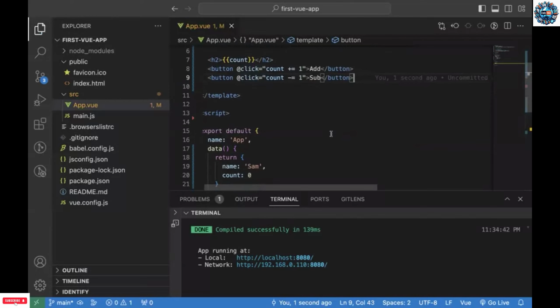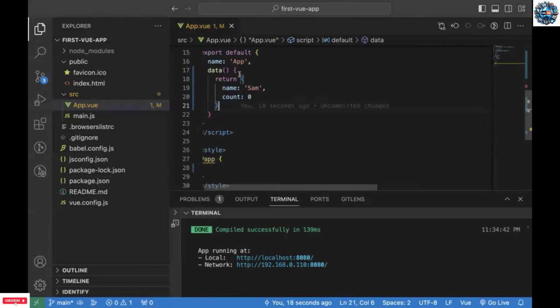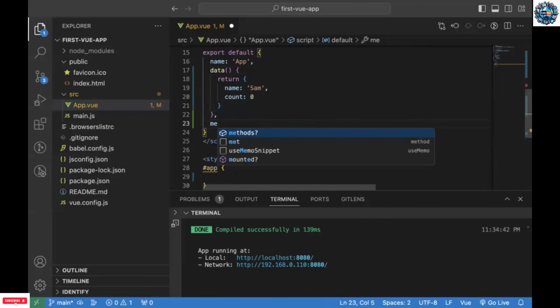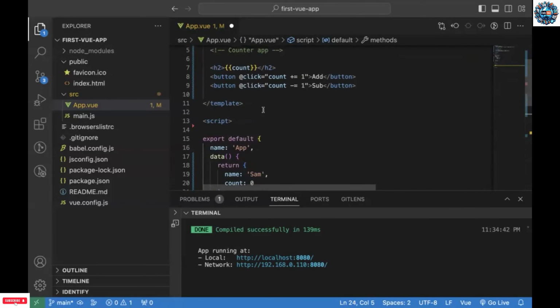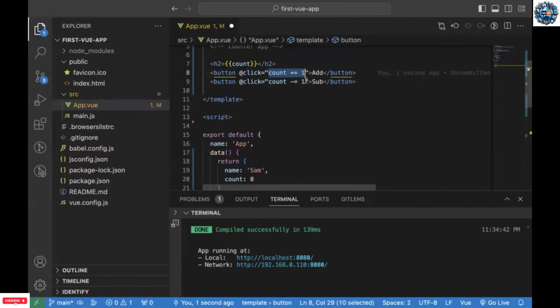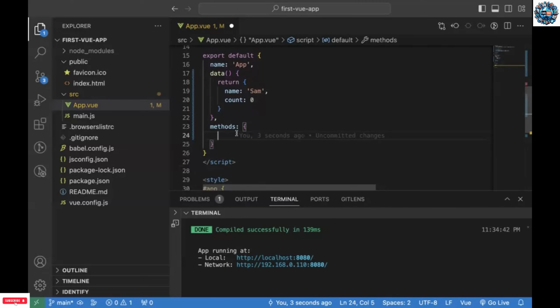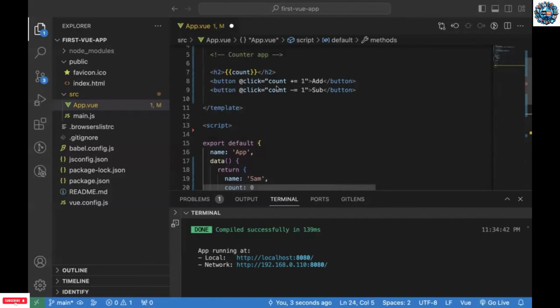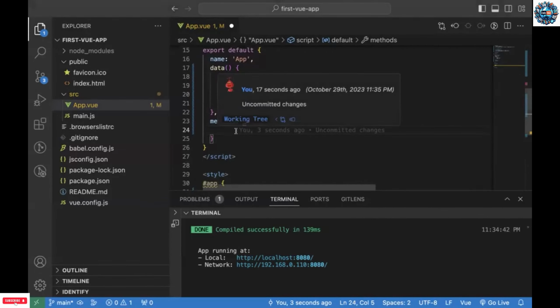But let's say we don't want to define this inline. What we can do is define a new option called methods. This methods option will help us define certain methods that we want to attach to an event in our template. Instead of doing this directly in the template, we can define them here, because we might need to perform certain advanced computations, which we cannot write in inline logic like this. So inside methods, I'll define my first method,